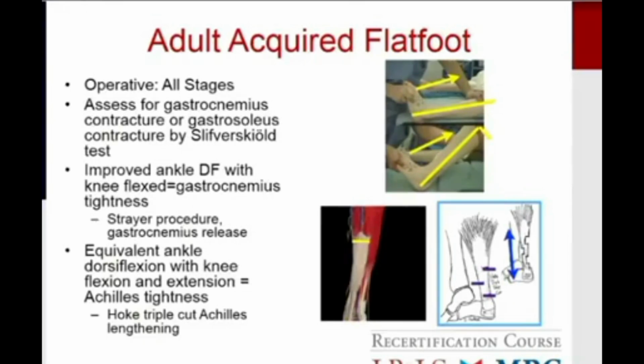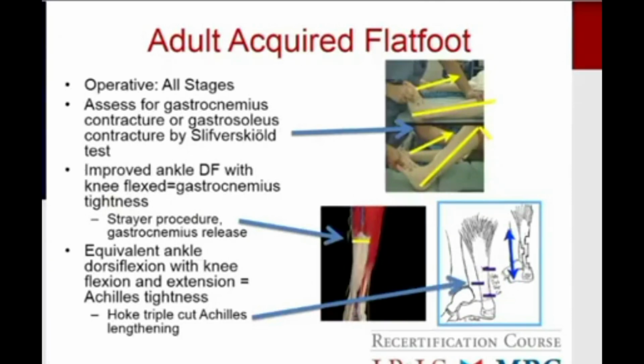If you straighten out the leg and it becomes more tense, that means that you have an isolated contracture of the gastrocnemius tendon. And in that case, we perform a Strayer procedure to enhance flexibility of our ankle after we've had long-term valgus deformity. If you have a negative Silfverskiöld test, in the sense that it has the same amount of lack of flexibility with the knee flexed and extended, then in that case you have to perform a triple hemisection or Hoke Achilles tendon lengthening, because now you have to lengthen both the gastroc and the soleus